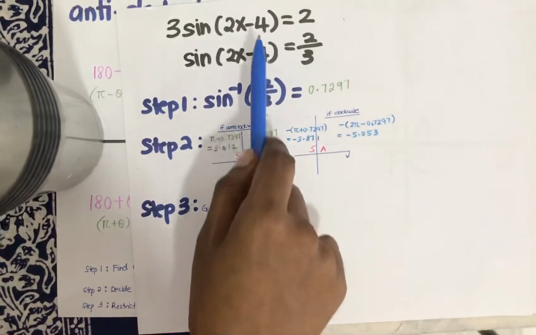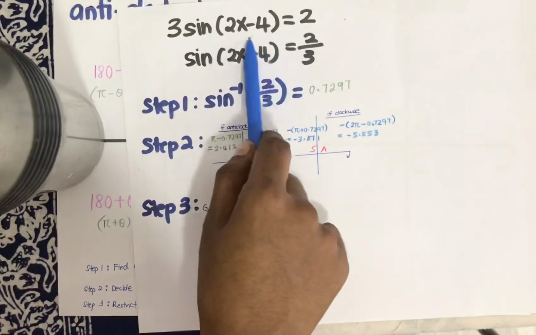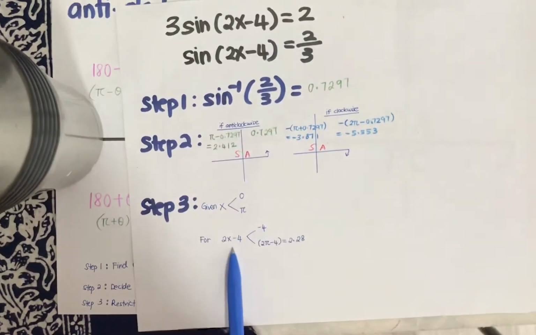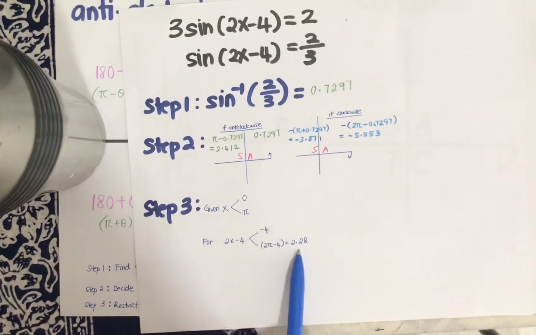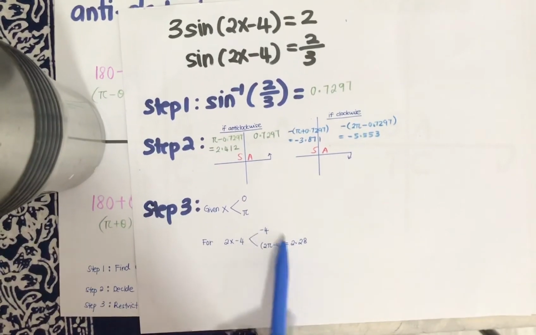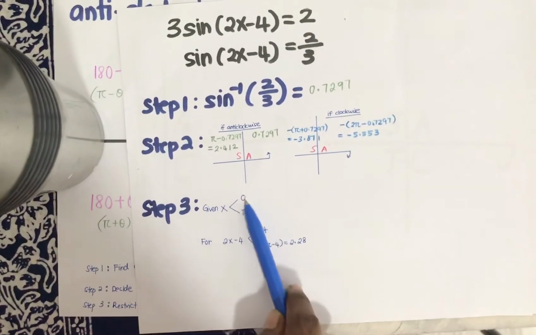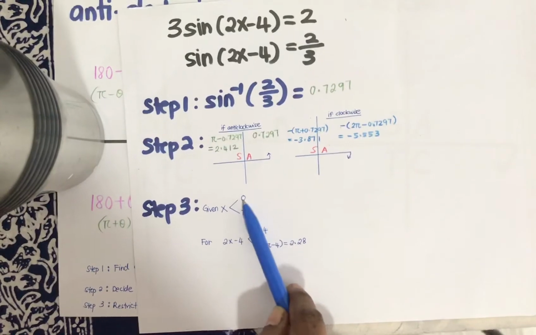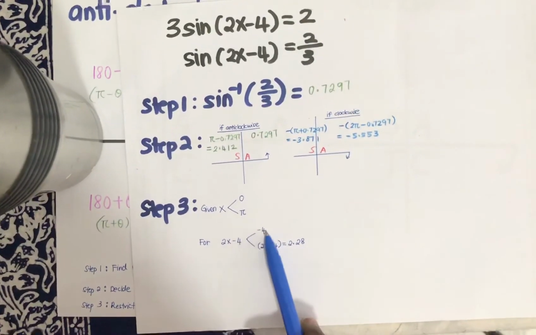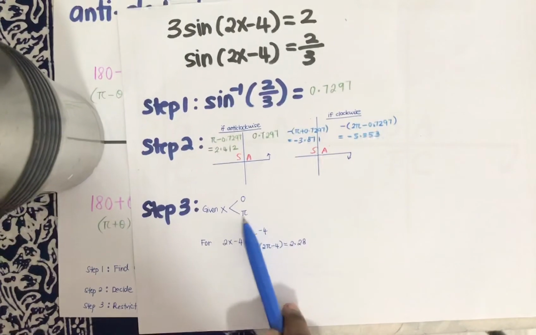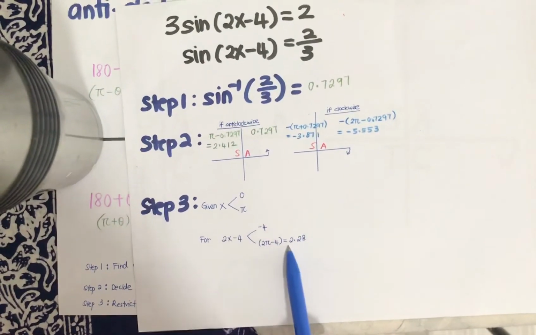So what I will do, I will take the subject of the question, which is 2x minus 4, and then I will find what is the lowest and the highest value that I have to play with. So I take this 0, your x is 0, right? You take the 0, you put here. So 2 times 0 is 0 minus 4. Okay, I got a minus 4. Take the pi, you put here. And that will give me 2.28.